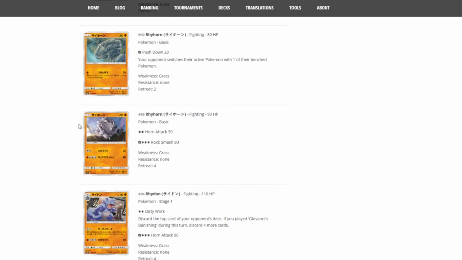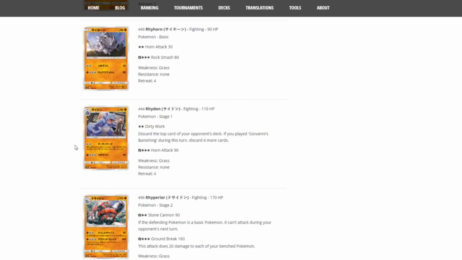Okay, nothing spectacular on those two. Dirty Work for 2 colorless on Rhydon. Discard the top card of your opponent's deck. If you play Giovanni's Banishing during this turn, discard 4 more cards. Okay, so I guess you can... I mean, judging from what Diglett did and what this guy does now, maybe Giovanni will be like a mill